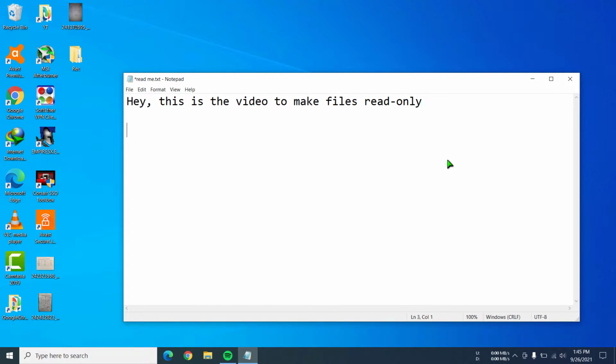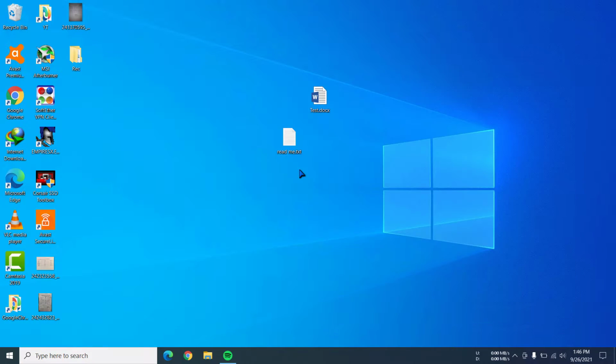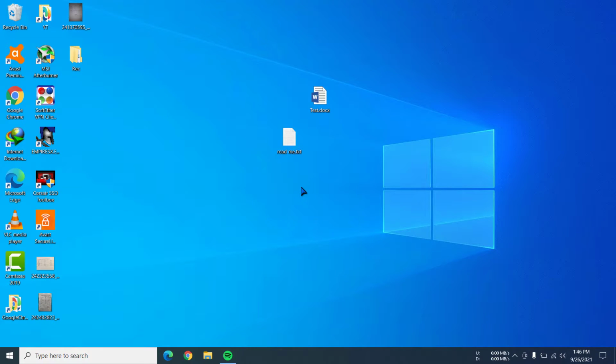And if I want to write anything else, like this is an example. After writing that, I can just close the file and it will ask me to save. So I'm going to save, and if I open it again, you can see the editing part. Now if I made it read only, then I wouldn't be able to do that, and we will test that